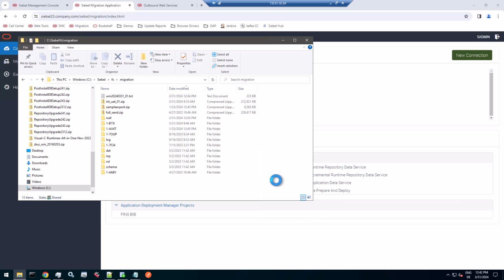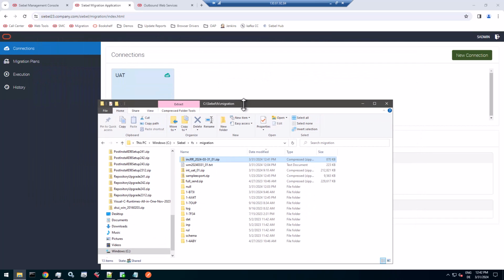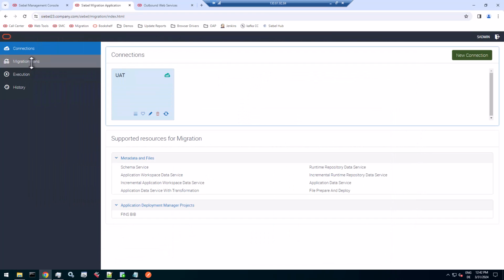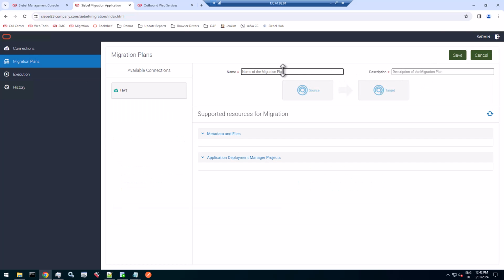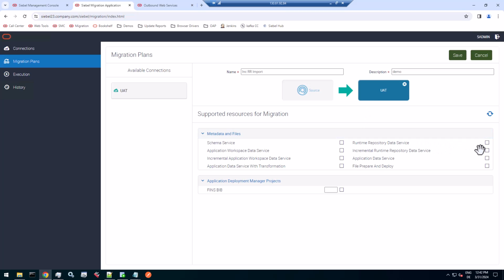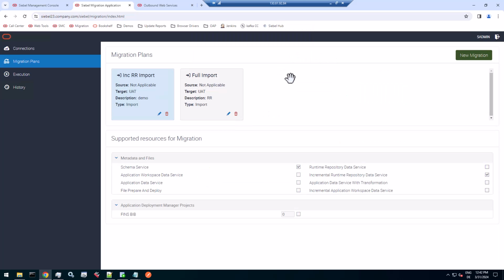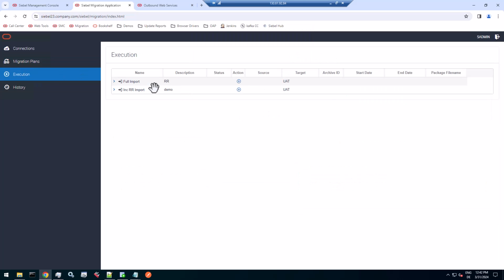So again, this is an asynchronous migration. Synchronous migration would already be complete by now. So all we need now is a migration plan for an incremental import into the UAT environment, and we pick the incremental runtime repository data service, saved plan, and now we can run the plan,